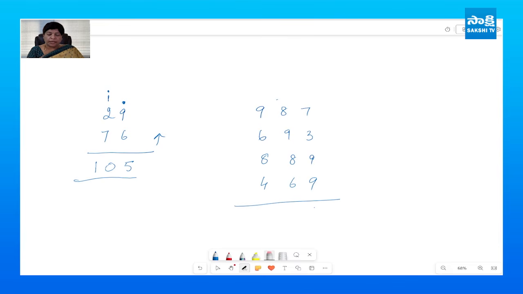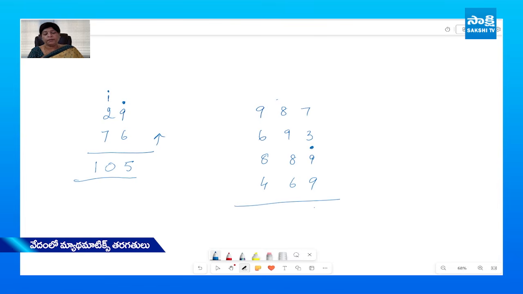9 plus 9 is 18, so dot plus 8. I place a dot right on top of 9. I'm left with 8. 8 plus 3 is 11. 11 is represented as dot plus 1. 1 plus 7 is 8. So I place an 8 in the units place. I have two dots, so there's a carry of 2.